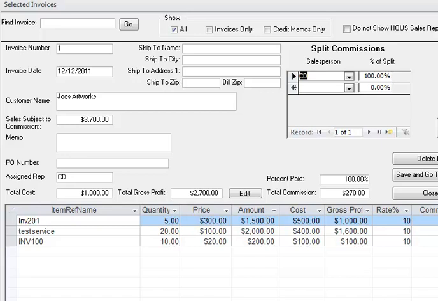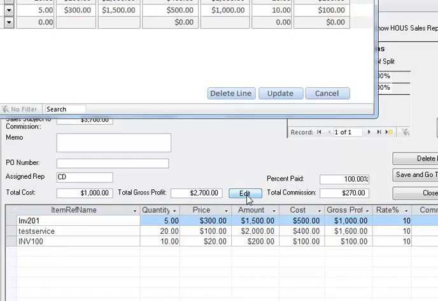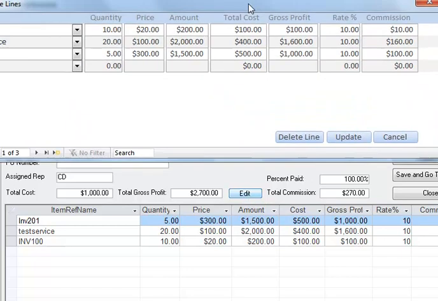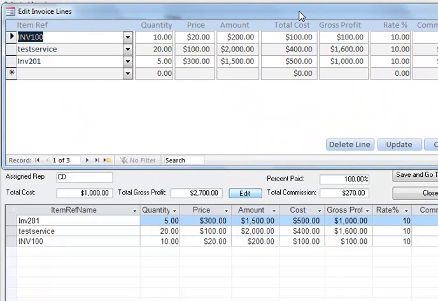We're going to go into a lot more detail in a lot of other things. This edit option allows you to edit any commissions. It's only available on the premium edition, and it's to be used very carefully because, let me see if I can get it in focus here. Okay, you can change any of this. The only problem is when you put out the reports, it may not